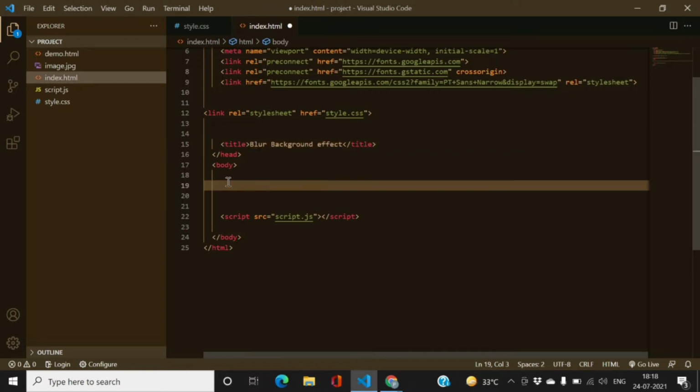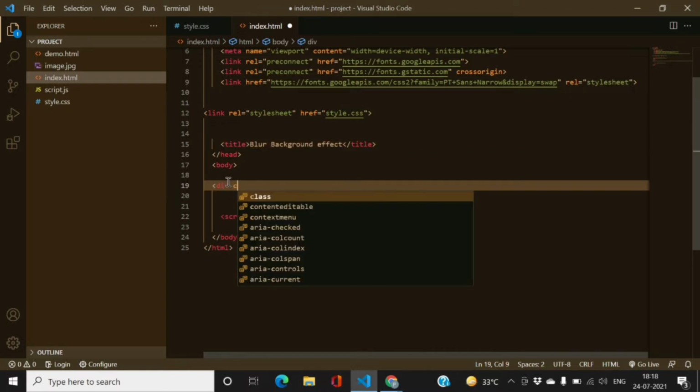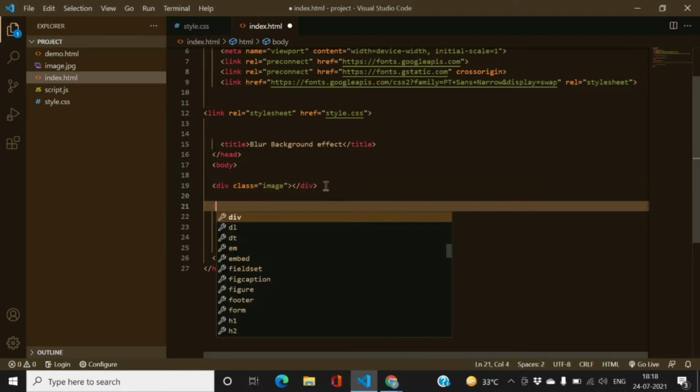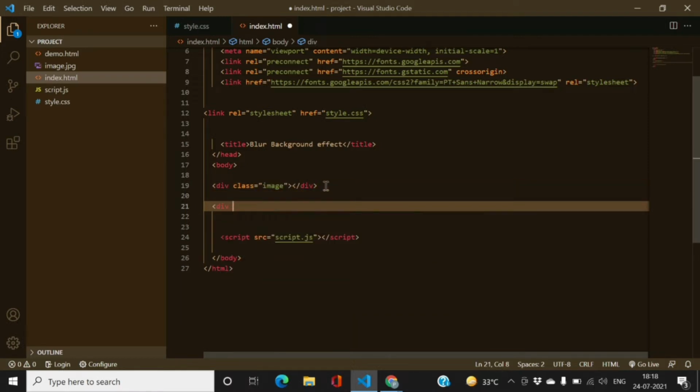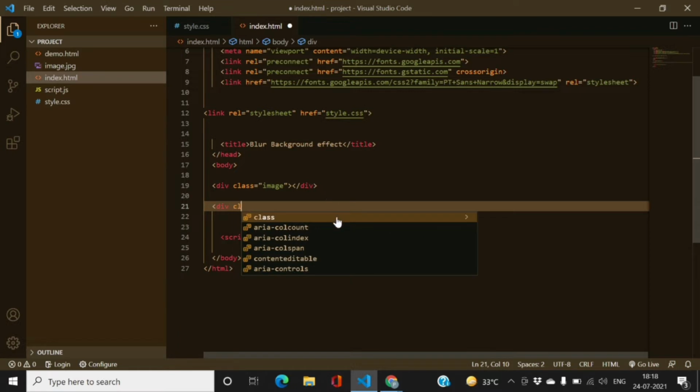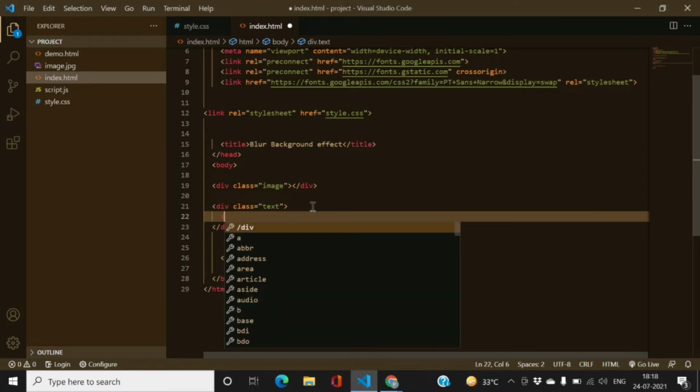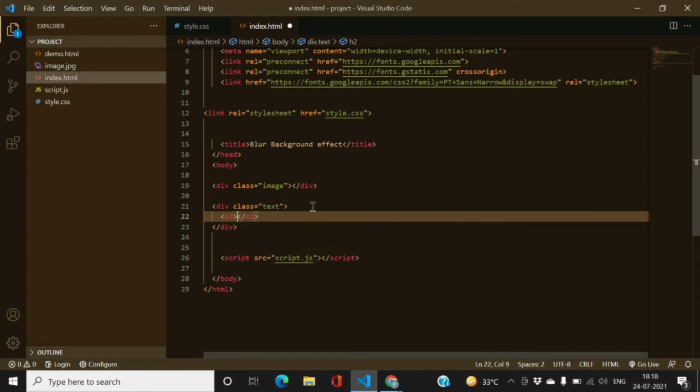Now let's get started. Let's create a div, add a class, name the class as image. This will be our image which we'll be adding in the background. Then we come to another class which will be our text. Then we'll add the text over here. There's one h2 tag. You can write anything over here. I'm writing css tutorial,